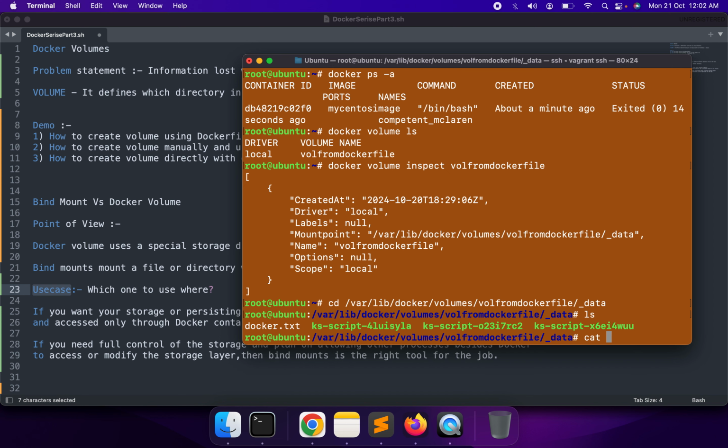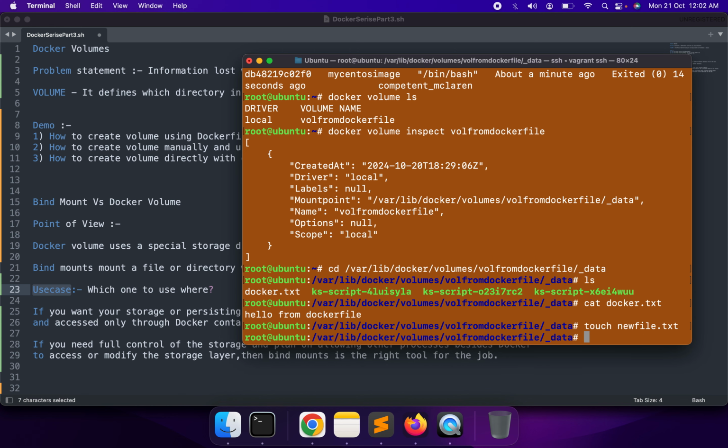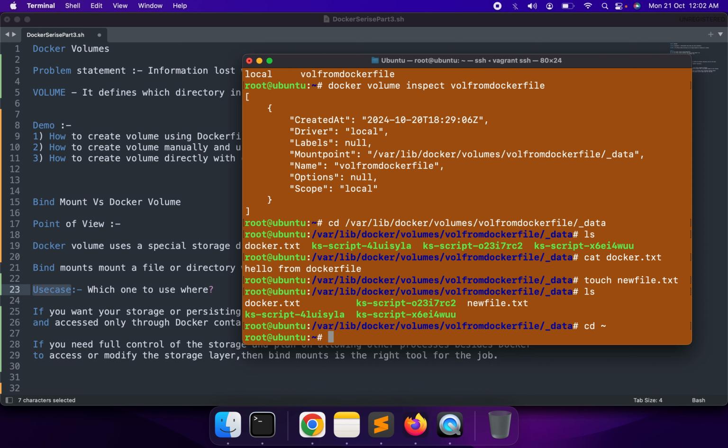Let me quickly cat it so that we can check the information is relevant there or not. So that is one thing. One more thing I would like to show you. Let's say if I create some new file here under this, and if I do ls, you will get to see that there are two files now. So this was there in the container, this I have just now created. Now if we go back again